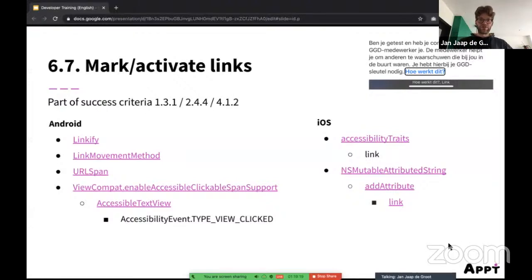But again, imagine if you have a link that goes to an outside web browser or something, it can make sense to also mark those as a link. But I think it's personal preference. There's not really guidelines right now for apps. I think it's most important that you are consistent. So if all buttons that go to external components or interfaces or browsers are all marked as link, then it's fine. So I think consistency is most important in this case.